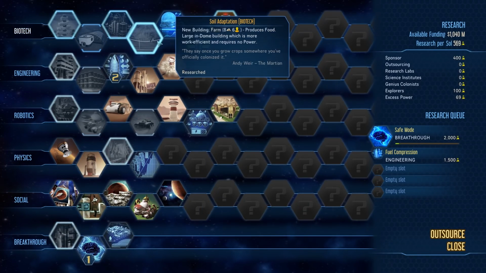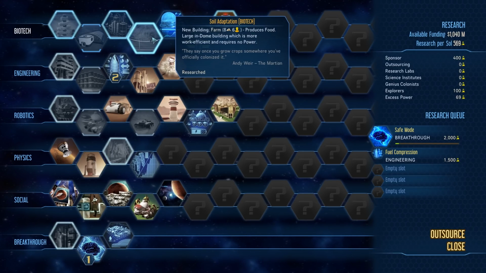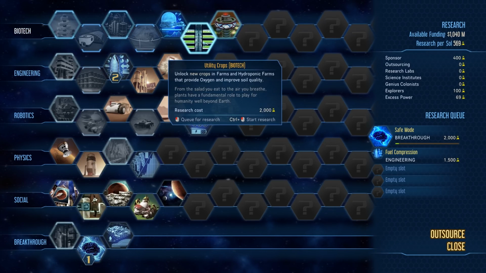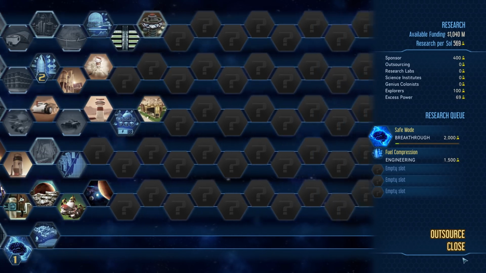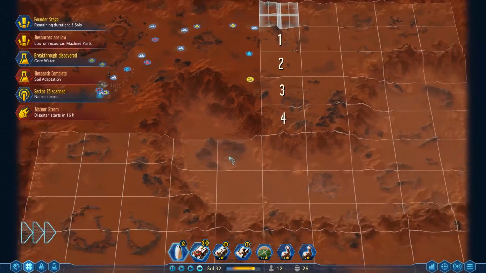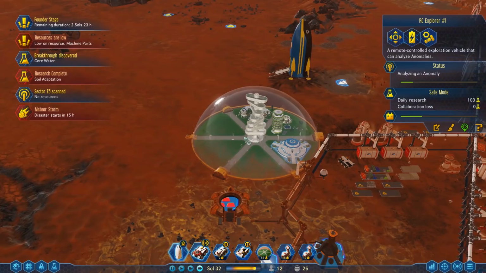Research complete. Soil adaptation. Beautiful. So, soil adaptation. We get the farm. There it is. Sorry, I thought it was further up. I was wrong. There's the farm. We need to build the farm. So I'll be doing that in just a moment, because that is very important. Essentially, that's going to be making all the food for the rest of the colony. In fact, with the next load of colonists going into this dome...